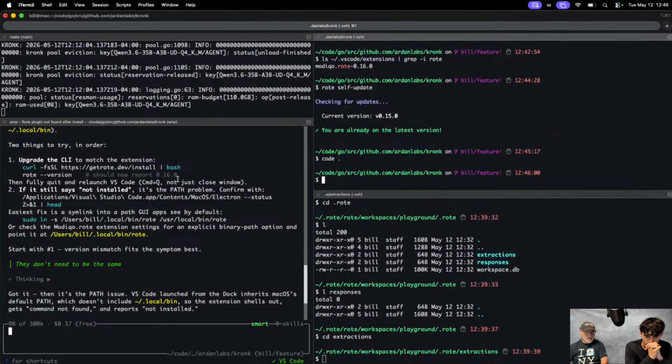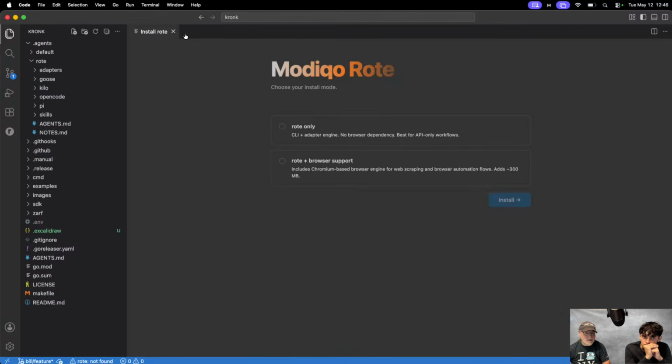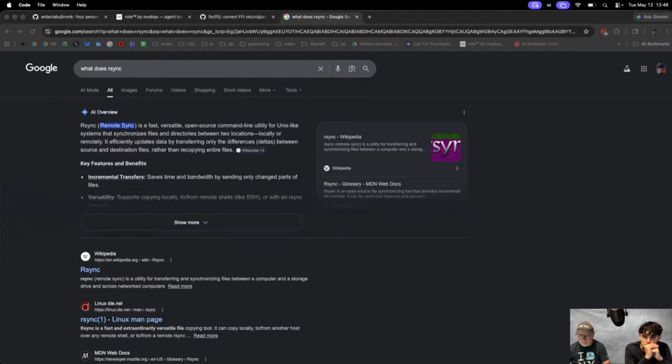I wonder if that would help. From the dock it inherits macOS's environment, which doesn't include it, so the extension doesn't get it. Oh, I know. Yeah. I know what's wrong. Hold on. I bet you this is wrong. Okay, I bet you this is it. Let me kill VS Code. I know what's wrong.